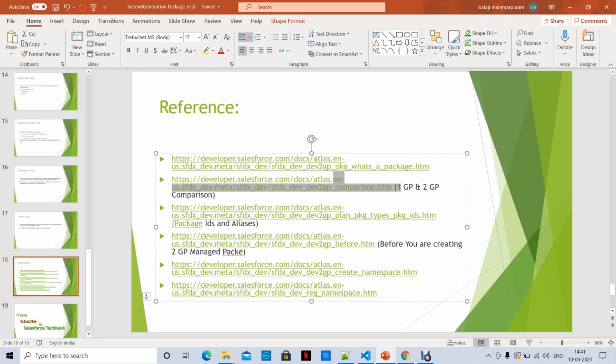Okay, even if you are upgrading the package also you can't remove. So it is a limitation for now. Salesforce may come up with removal also. Okay, whatever limitations we discuss in our videos in our channel, you always depend on Salesforce current documentation, whether this limitation is applicable or not right now. That you always have to get in the habit of, okay, that's what I always suggest also.